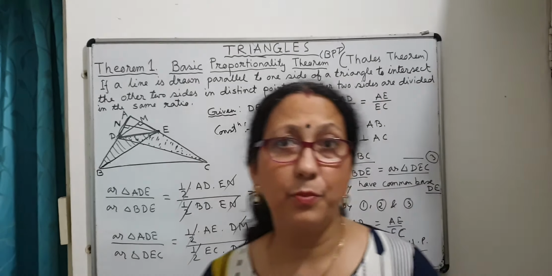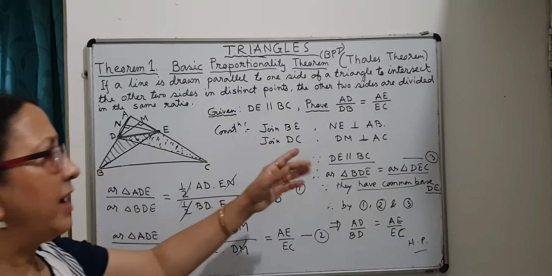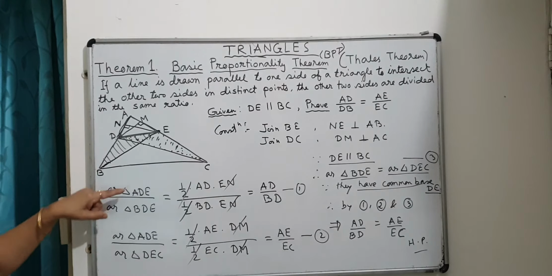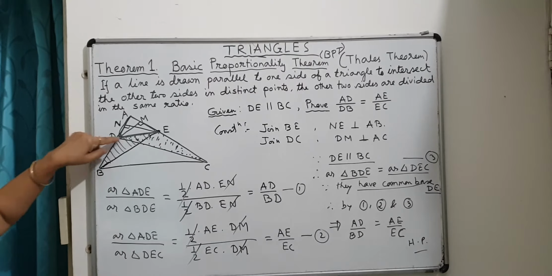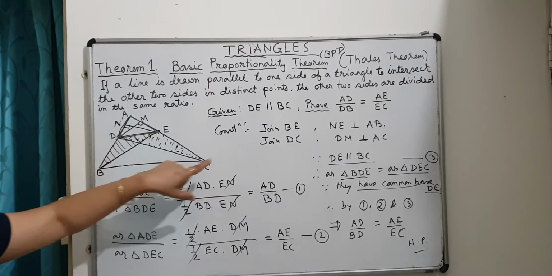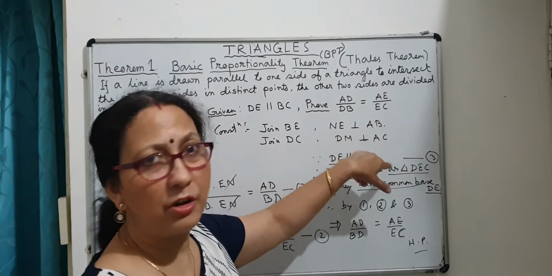So this is about the proof of the basic proportionality theorem. So we have to remember what the construction will be, and we can get hints from what is asked to prove. Mainly you have to find out the ratio of the areas of the two triangles where one will be common to both cases, and considering the base I have to choose the triangles, and required constructions will be needed, and the corresponding altitudes also have to be drawn.